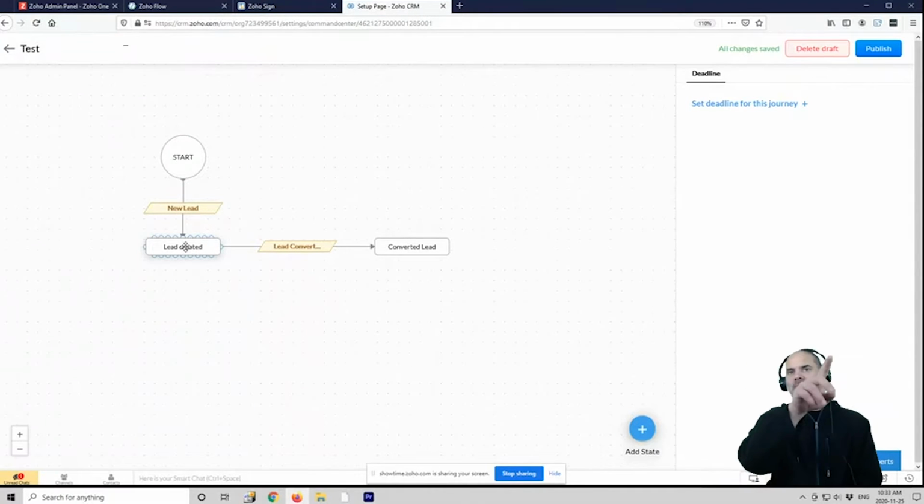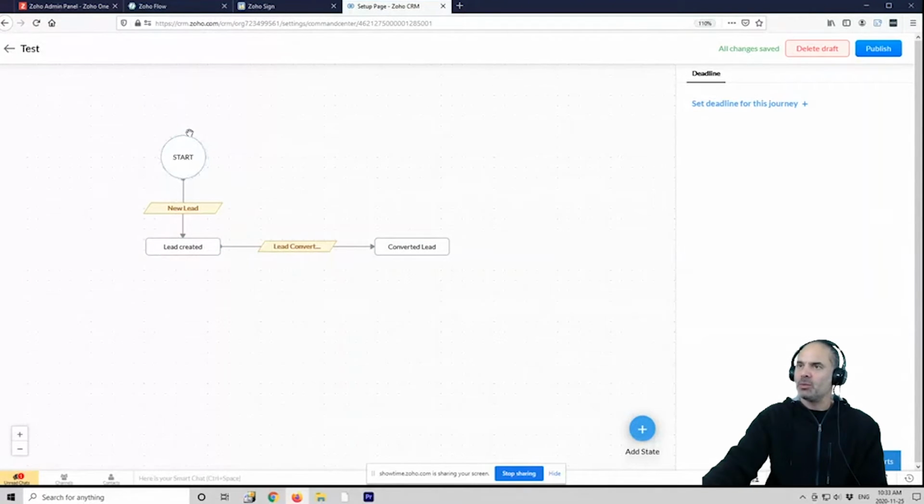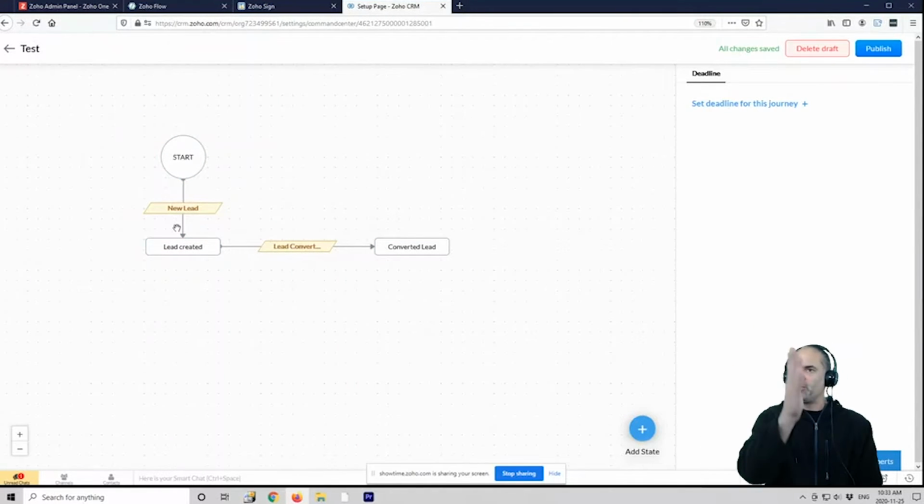So there needs to be some kind of a flow, and everything with the Command Center is just a flow of actions from one module to another, or from one area of a module to another area of the module. Is that making sense? It is.